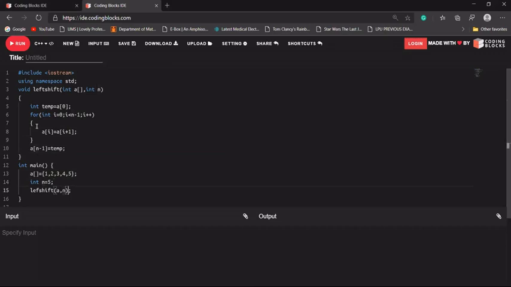Let's design a print function for our array. It should take an array and the size as arguments. Let's design it as void print.